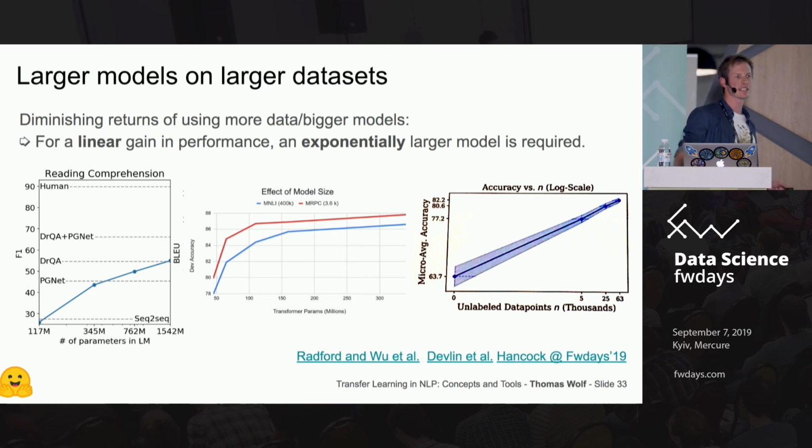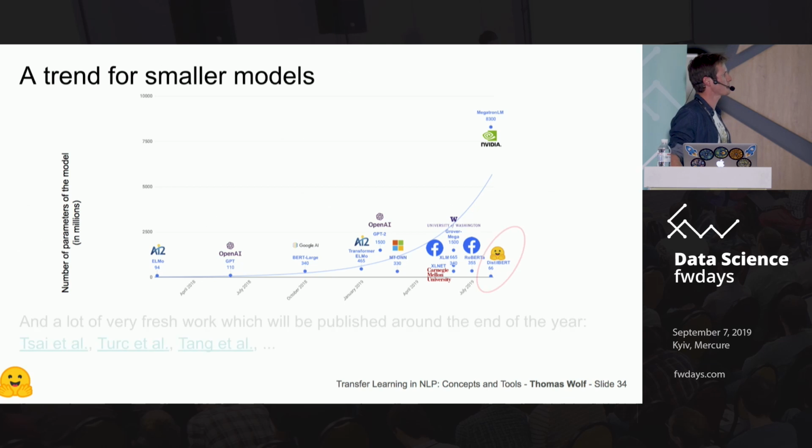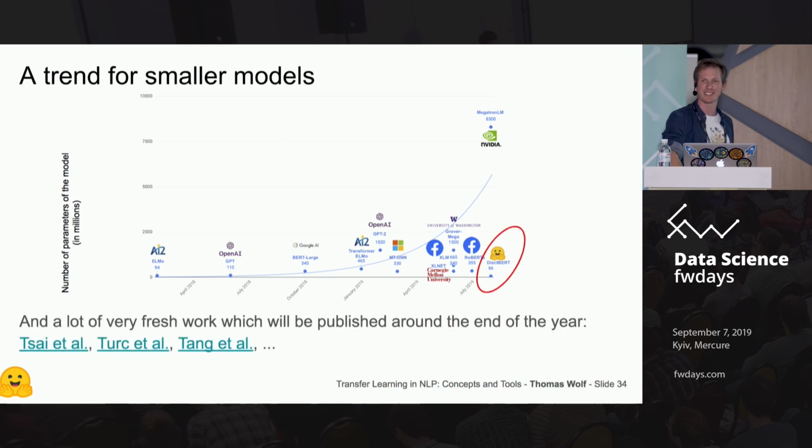So there is definitely a limit, and every time you want to increase by a certain amount, you need to make your model not that amount bigger, but like 2 times bigger, which is the reason we see this exponential growth. So this is the most worrisome aspect of this trend. And there is another trend, which is a trend towards smaller models,